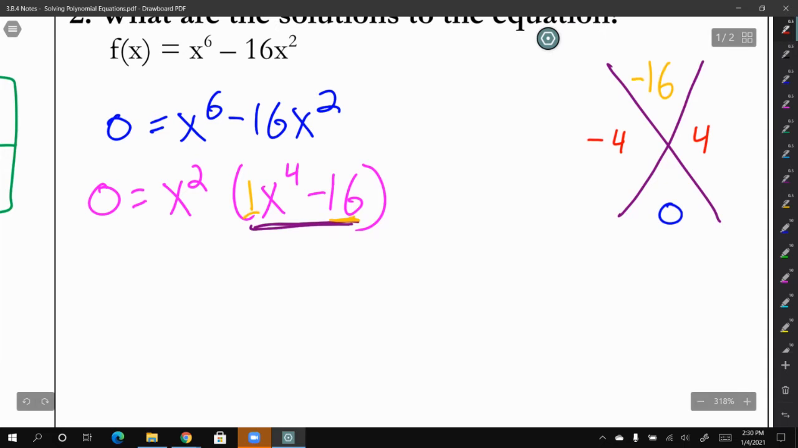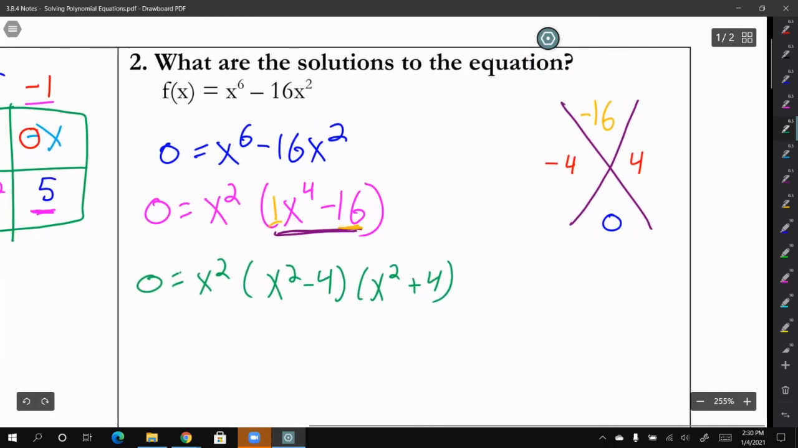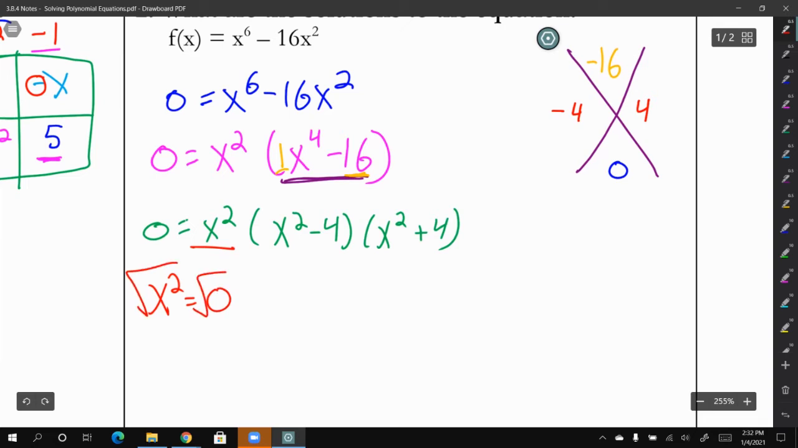And because our a value was 1, we don't necessarily need to do the box. So our next step will be 0 equals x squared times x squared minus 4 times x squared plus 4. And then like in the previous problem, we're just going to set each part equal to 0. X squared equals 0, and take the square root of both sides. Well, the square root of 0 is 0. So x equals